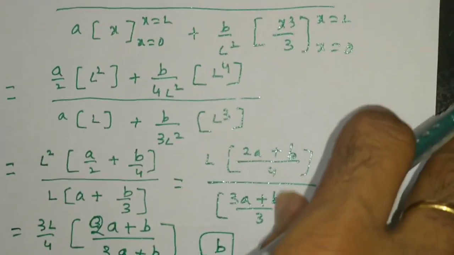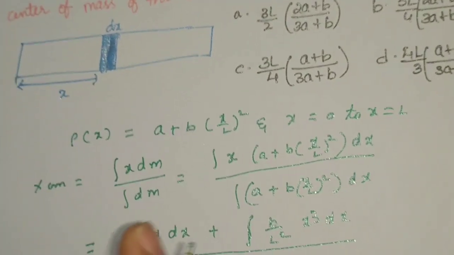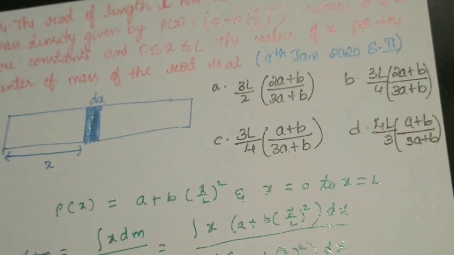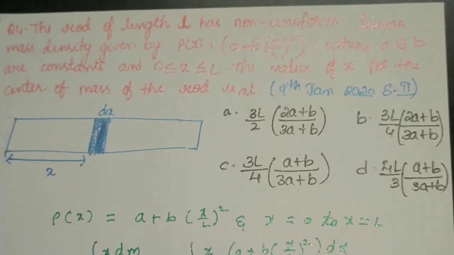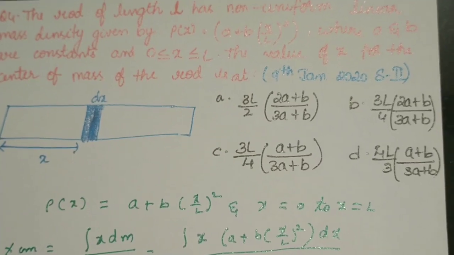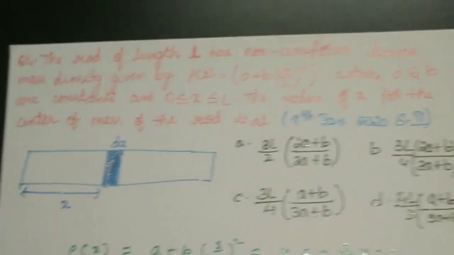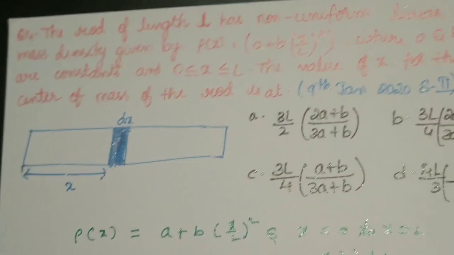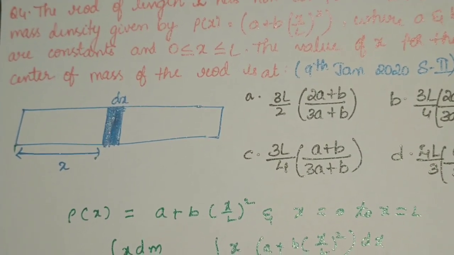Students, the important point is that in January 2020, four different problems were given. In this video, I explained the four problems. The first problem belongs to coordinates. The second problem belongs to lamina. The third problem belongs to removing one sphere from a given sphere. And the fourth one is continuous distribution of mass with variable density. If you solve these four problems, the major models in center of mass in JEE Main are covered. Thank you.